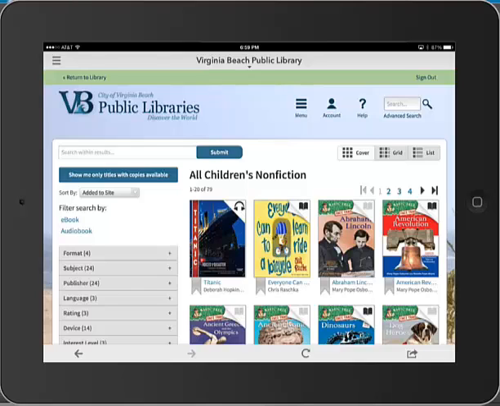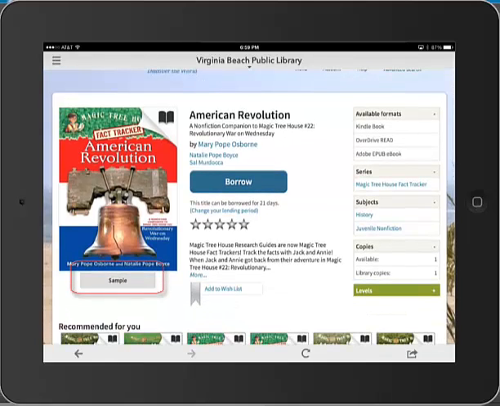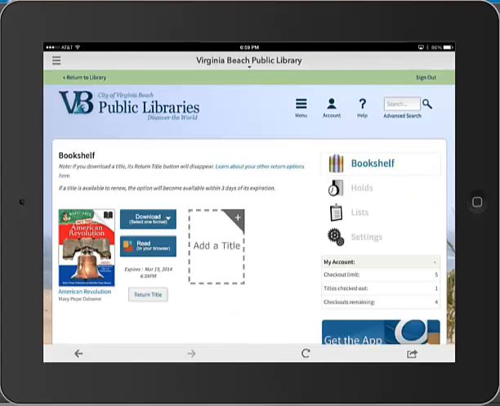Okay, so my American Revolution book looks like it's available. And I'm going to tap on it. And sure enough, it says I can borrow that book. I can also look at it as a sample. I can see the first few pages to decide whether I really want to borrow the book or not. But in this case, I'm pretty sure I'm going to like it. And I say I'm going to borrow that book, which now puts the book in my bookshelf and gives me